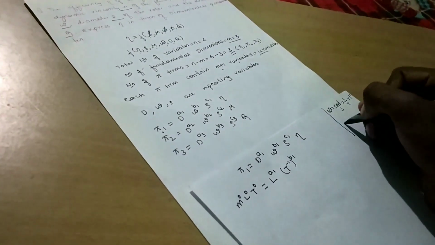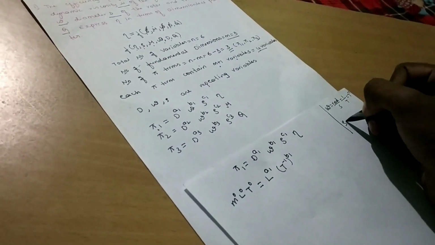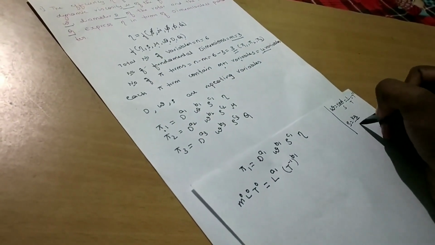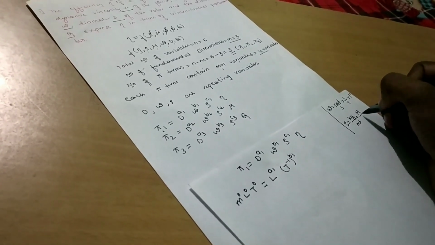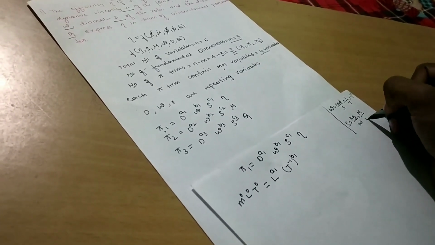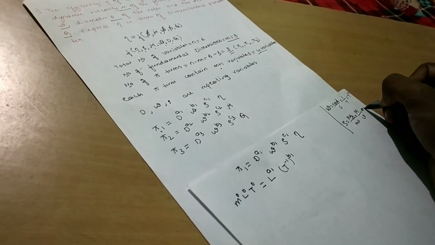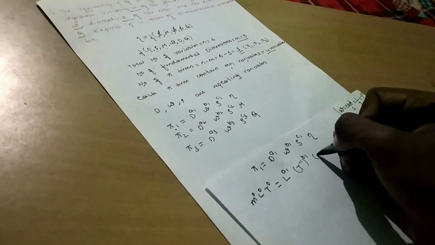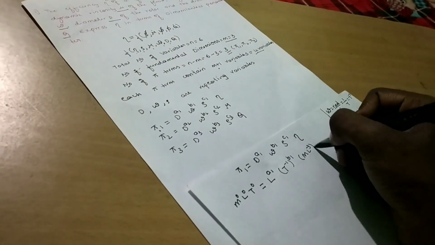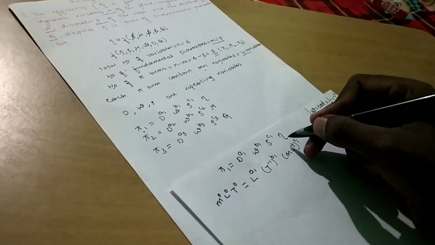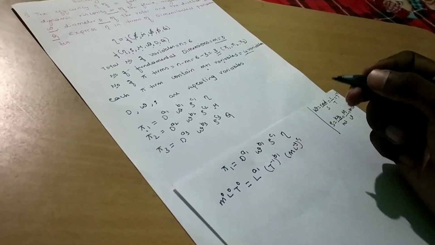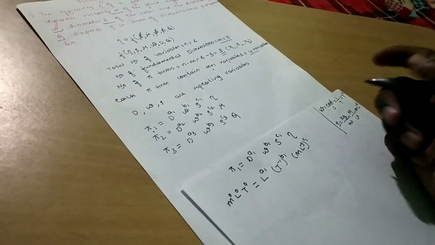Next is rho. Rho is density. The SI unit for density is kg per meter cube. Kg is a unit of mass, M. Meter cube is a unit of length, therefore L cube. Therefore M into L power minus 3, raised to the power c1, is the dimension for density. Efficiency has no SI unit; it is a dimensionless parameter.